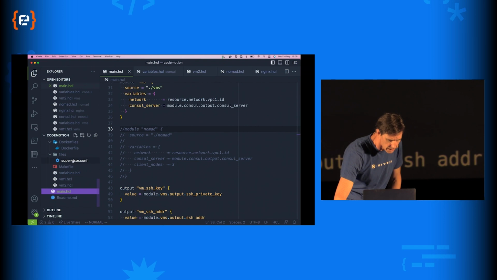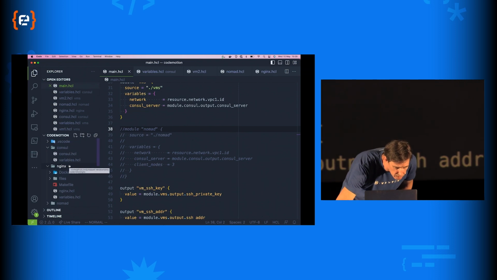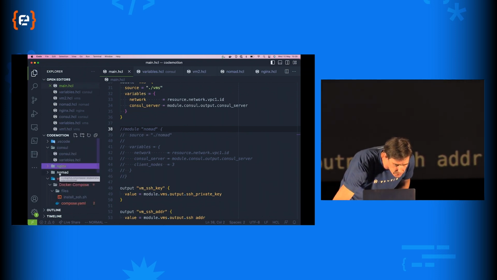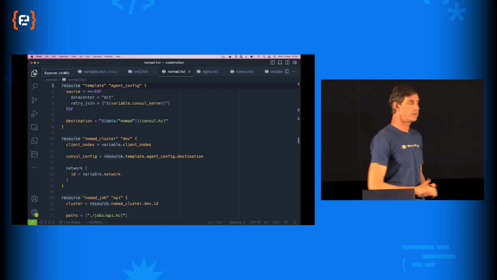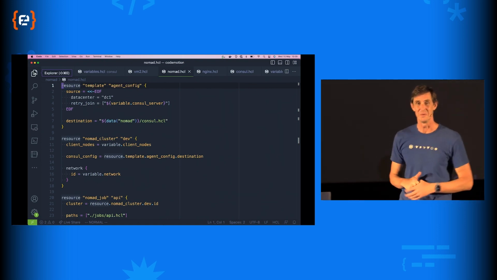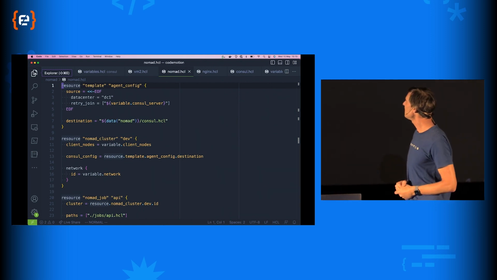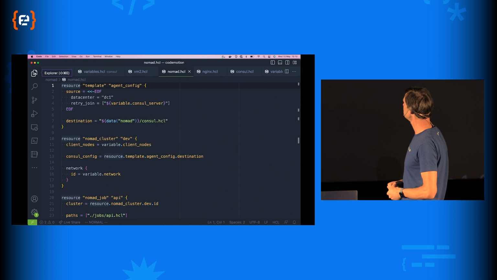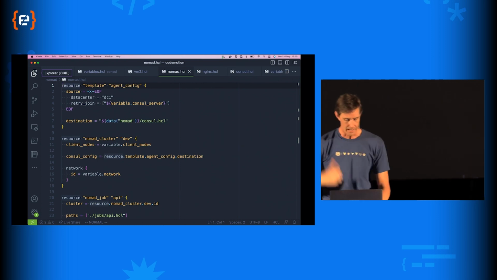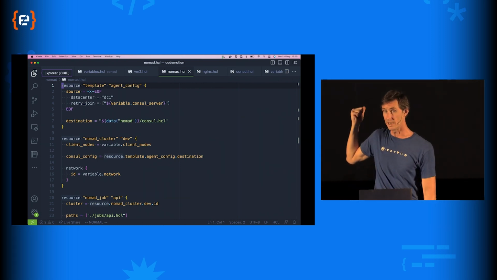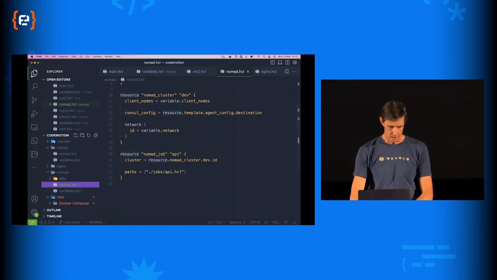So let's have a look at our Nomad setup. So our Nomad setup looks like this. And it's going to look pretty familiar. Now, I've created enough Nomad clusters to know that I don't want to have to do it manually every time I need to create a Nomad cluster. So what I've done is I've wrapped that up into this abstraction called Nomad cluster. So this is going to generate me a dev-worthy Nomad cluster running in Docker, and it's going to spin it up. 3 client nodes I'm going to run with this, and I'm going to install the API job.